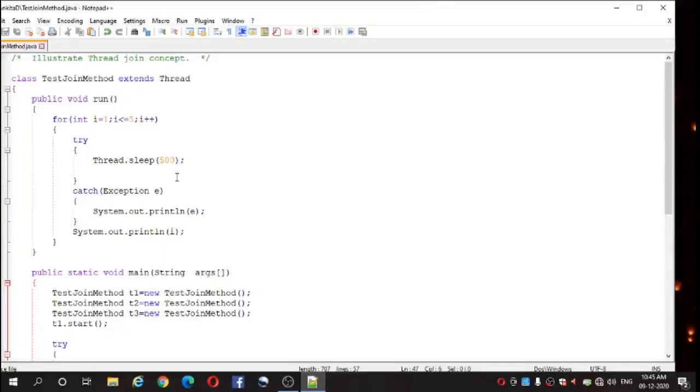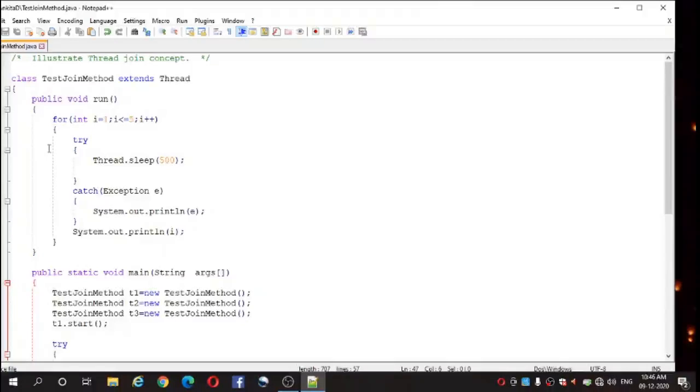We are printing the i value on the console one by one: 1 2 3 4 and 5, until the loop condition becomes false.